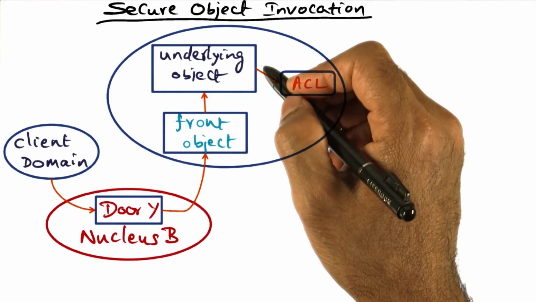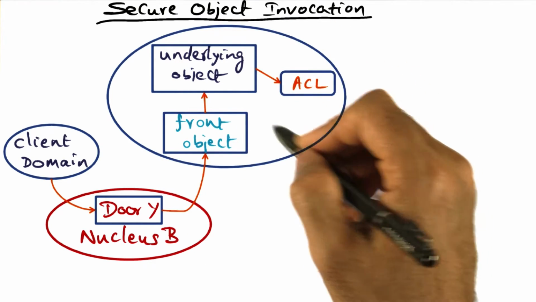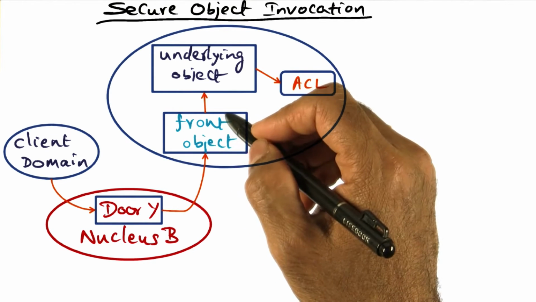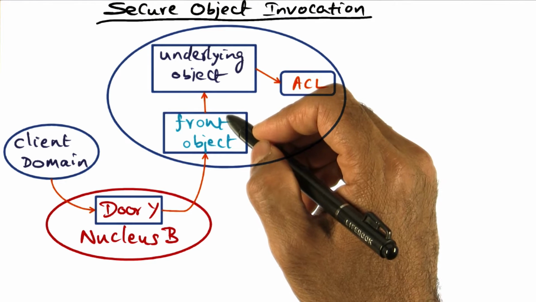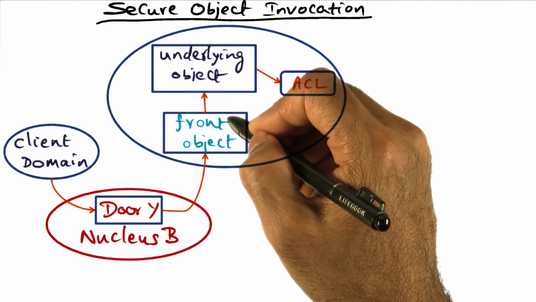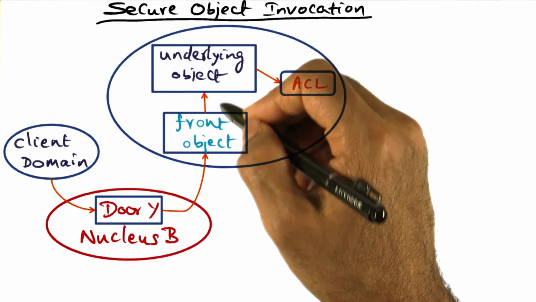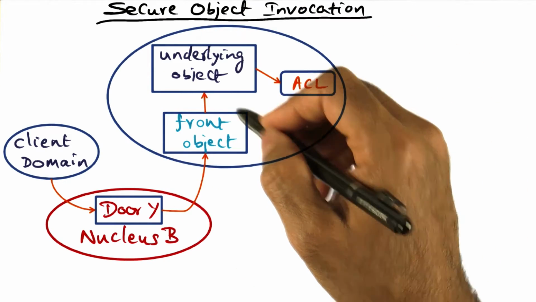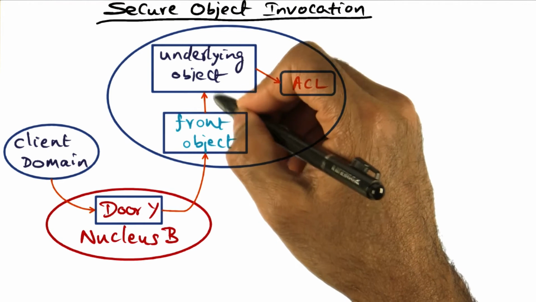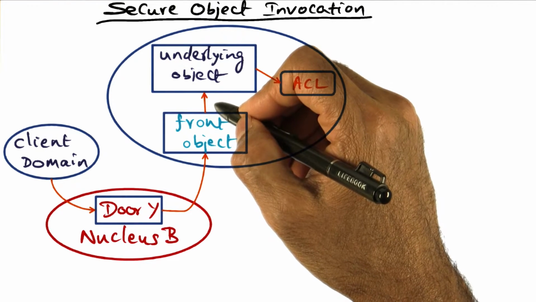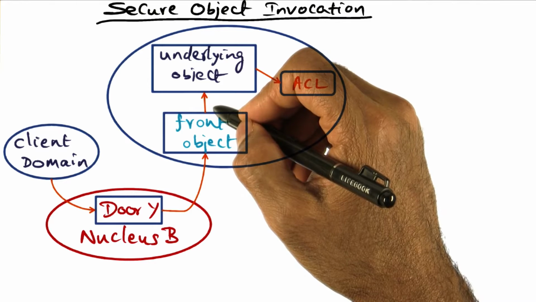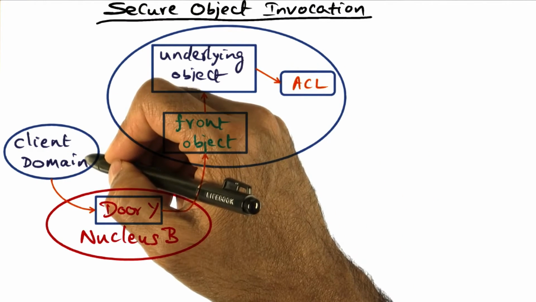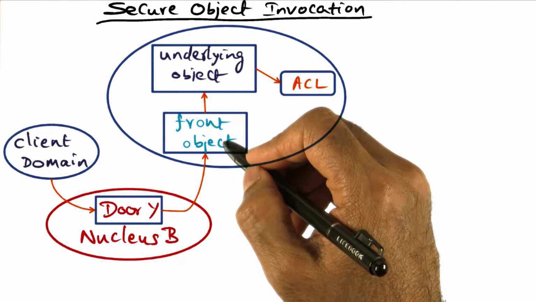So this is the underlying object, and an underlying object may have a front object that is completely outside of the Spring semantics for object invocation. The connection between the front object and the underlying object is entirely within the purview of the implementer of the service. Or in other words, this connection is not through the door mechanism that I told you about that Spring system provides you. So all that the client domain is going to be able to do is access this front